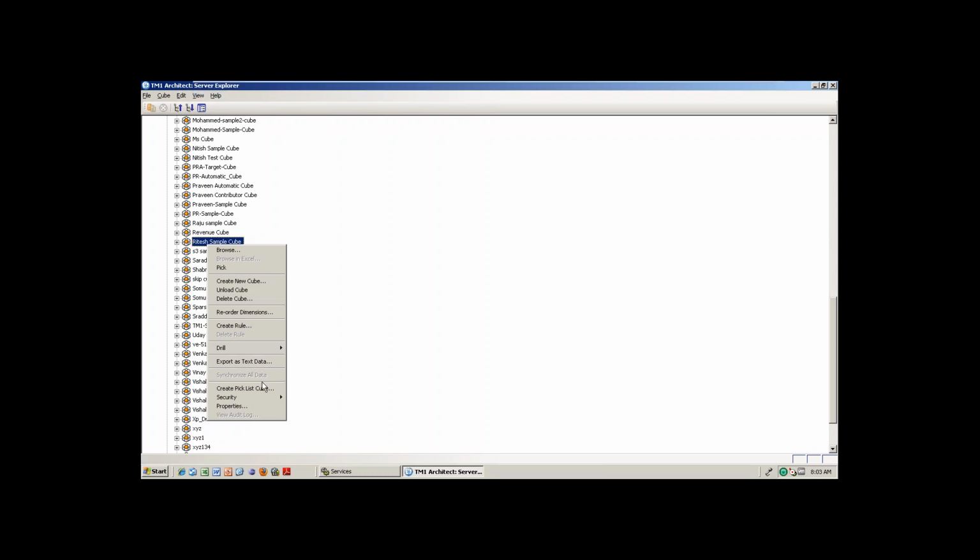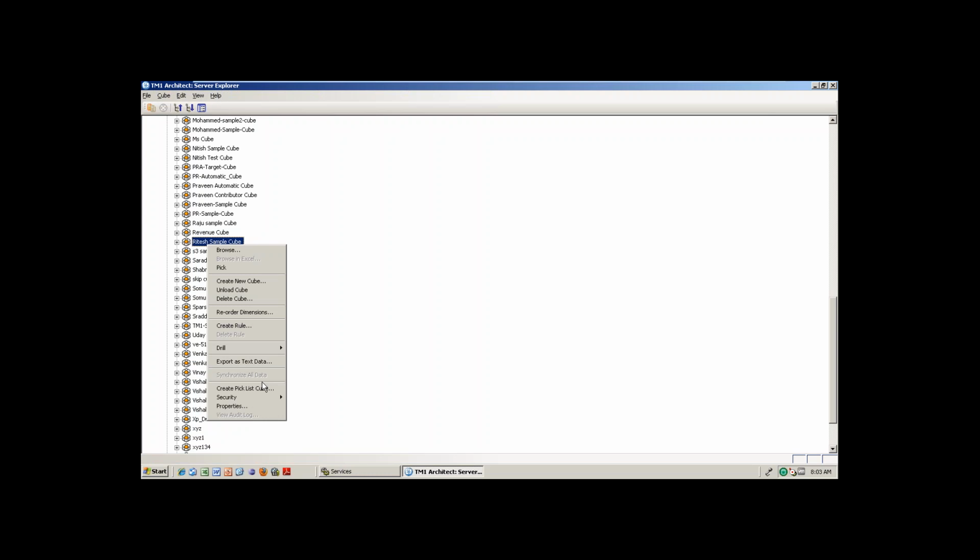So now create the pick list cube. This is also an important thing actually. If you want to create a pick list cube, you should have the options for why you are going for the pick list. So do you have any requirement that means to have each and every cell a different drop down? Is it the thing you are requiring? You need to make sure of that before creating a pick list cube.